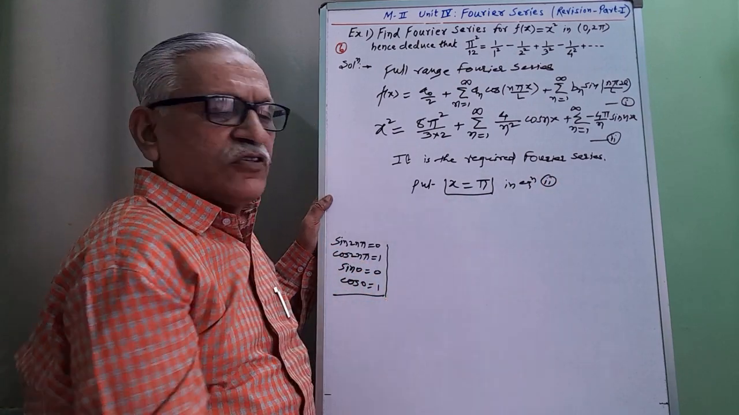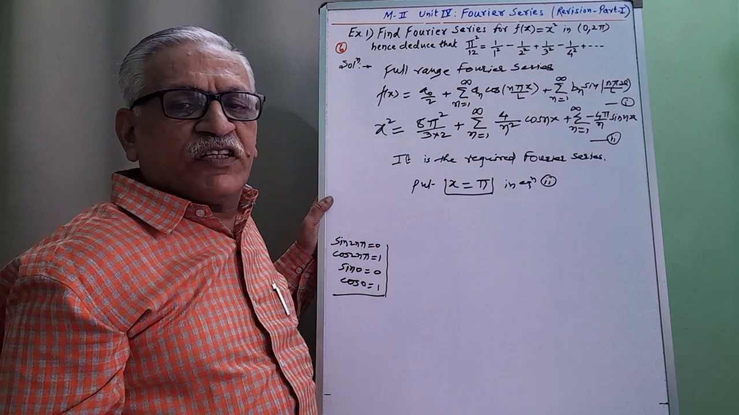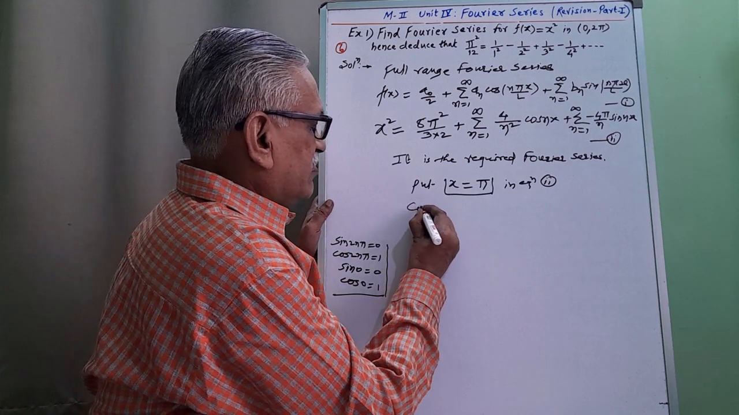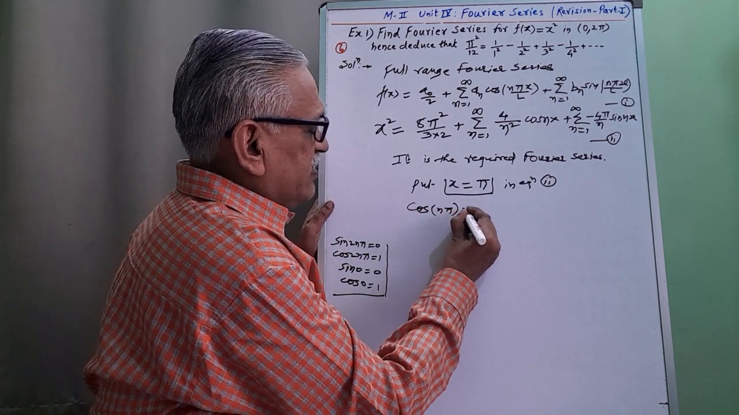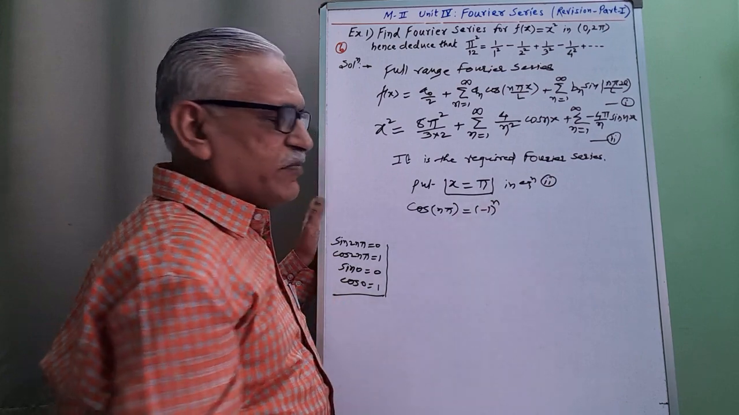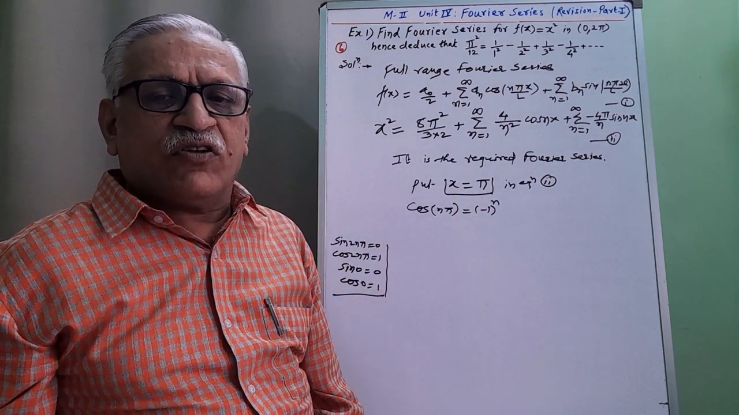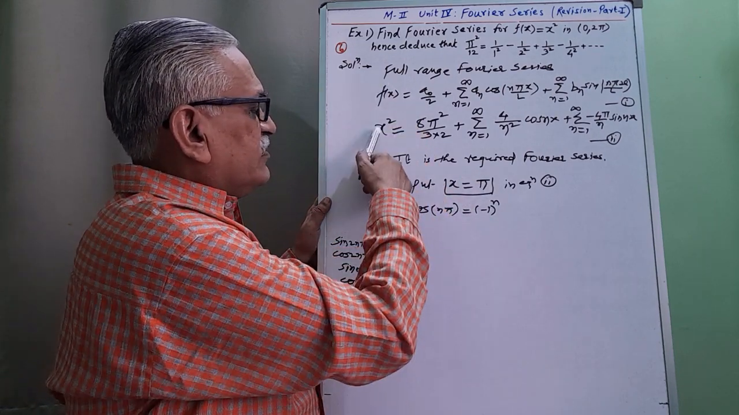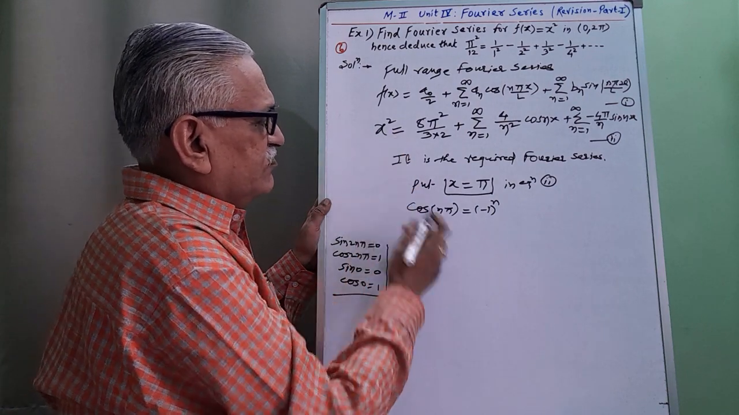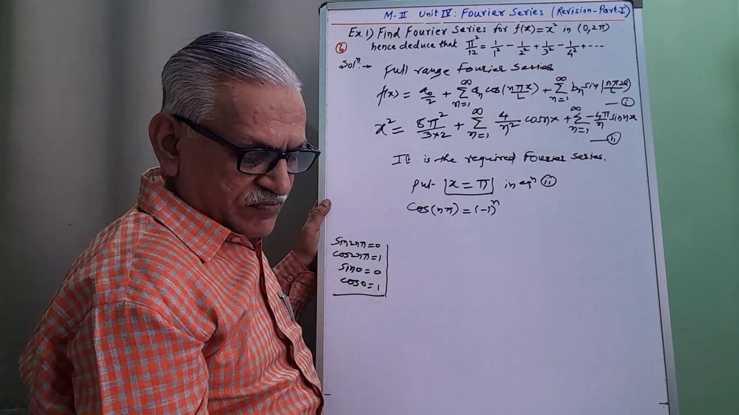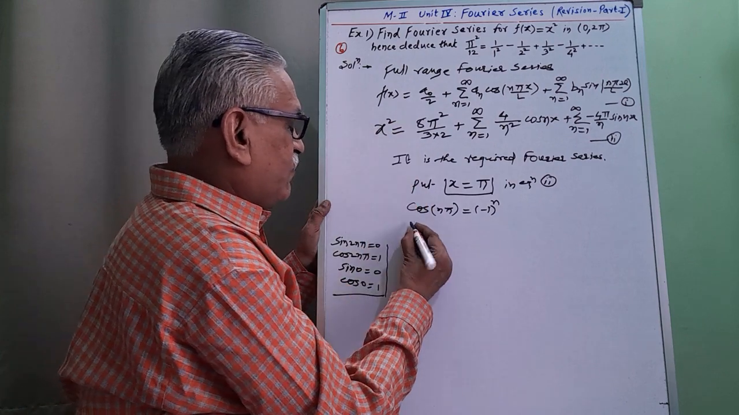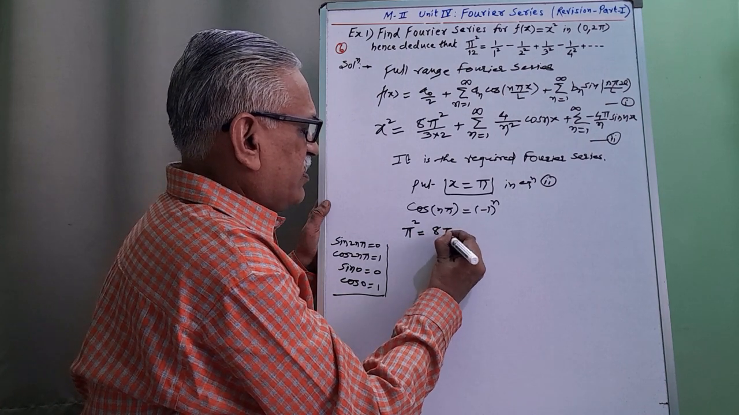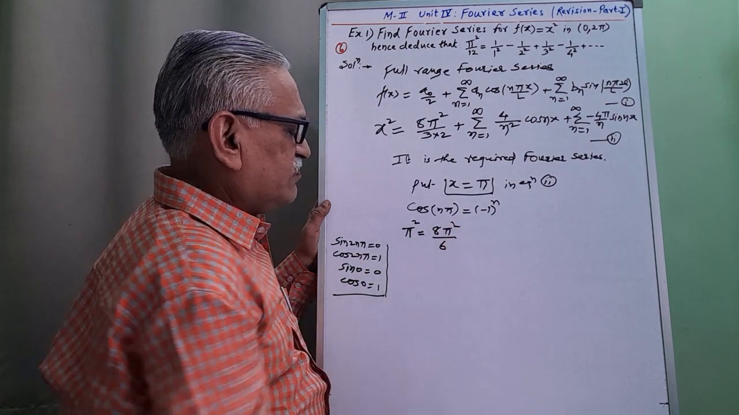Why substitute x is equal to pi? Because we want the terms alternately positive and negative. And we know the value of cos n pi. Cos n pi is minus 1 raised to n. Means for odd n we get minus sign, and for even value of n we get positive sign. And therefore substituting x is equal to pi, we get x square means pi square is equal to 8 pi square by 6